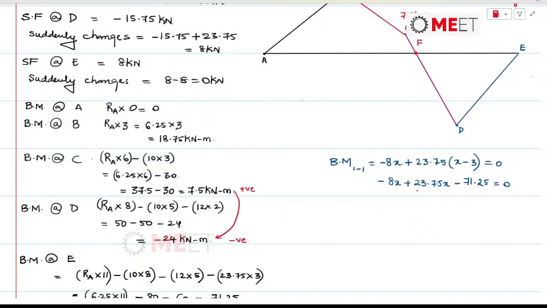So here 23.75 minus 8 is 15.75. 15.75x minus 71.25 is equal to 0. So x is equal to 71.25 divided by 15.75. So if we calculate this, x comes out as